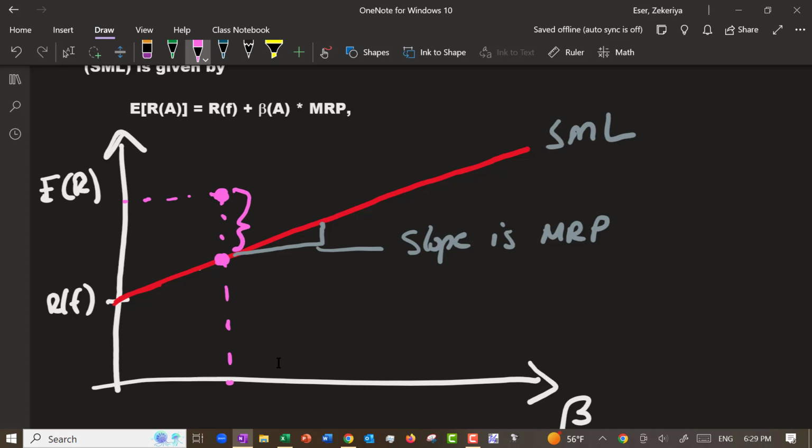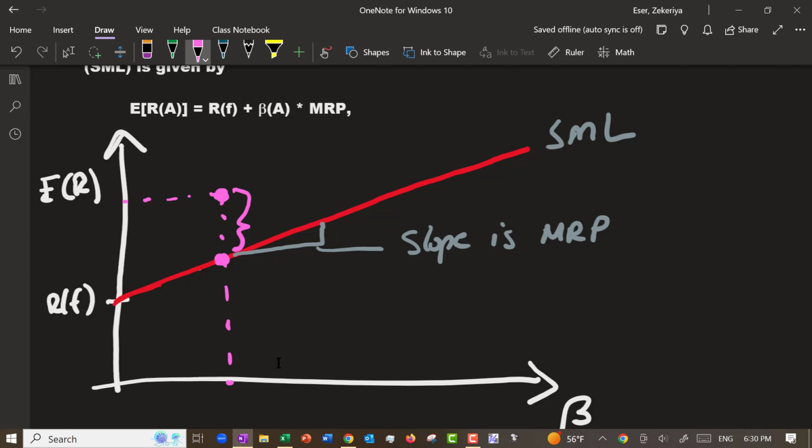Now, if CAPM is a true description of asset prices, this stock is yielding much higher relative to its risk, right? Beta. Or expected to yield much higher relative to its risk. Well, if that is the case, I'm an investor, I know this stock, I expect this stock to yield a lot higher compared to its risk, I'm going to go buy it.